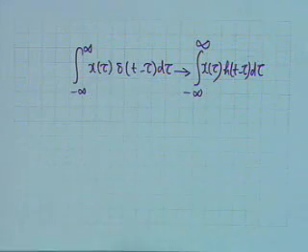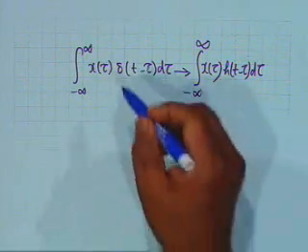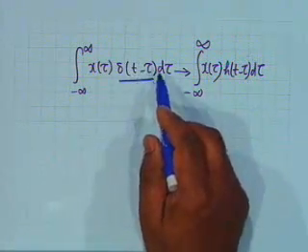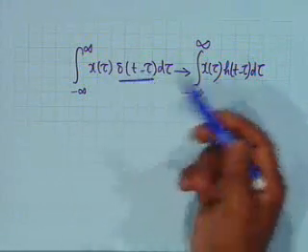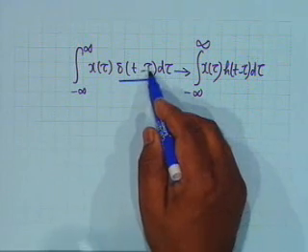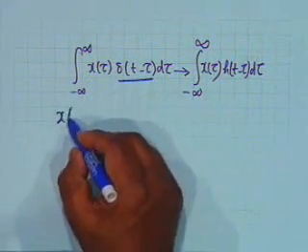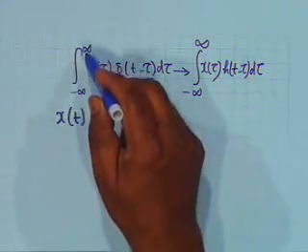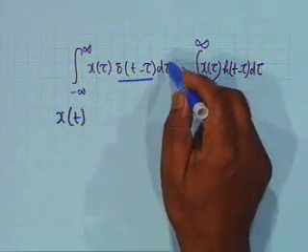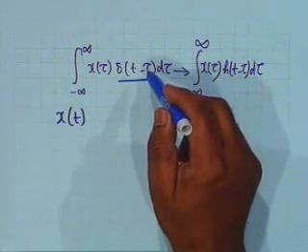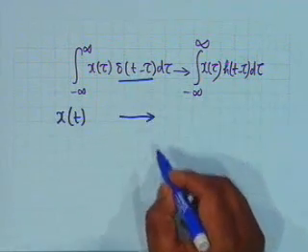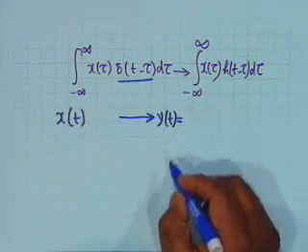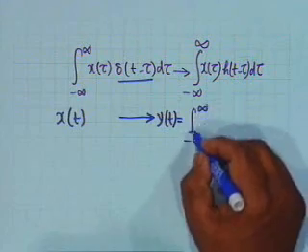If you look at the left hand side, you notice that because of the peculiar property of the delta function, this function exists only at t equal to tau, or tau equal to t. Tau is the running variable now, tau equal to t, and therefore the left hand side can be written as x of t multiplied by integral minus infinity to plus infinity delta t minus tau d tau, which is unity, and therefore the left hand side is simply x of t, and therefore if x of t is the input, the output must be equal to y of t, that is y of t is minus infinity to plus infinity